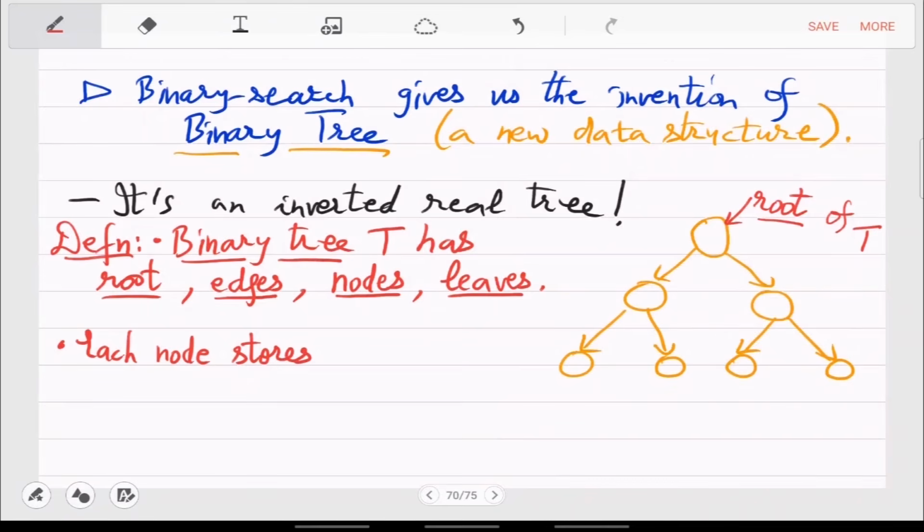So if a node is a struct, you want a minimum of 3 values in it. One is the value which is stored, which is, let's say, x. Right, so it may have x here, and 2 more because you want pointers to the left and to the right child of that node. So each node will store a value.